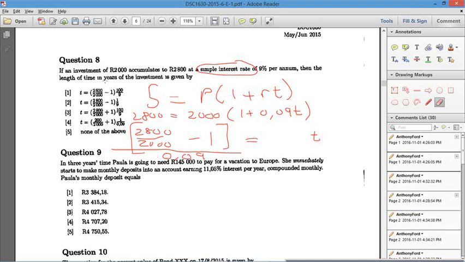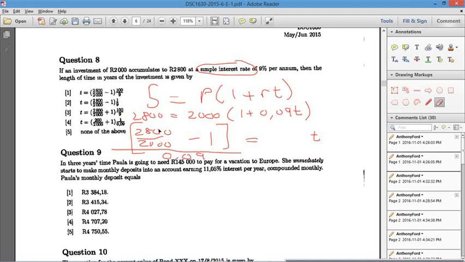They want to know the length of time in years of the investment is given by. It would be 2,800, so that's right, 2,800 over 2,000, minus 1, over